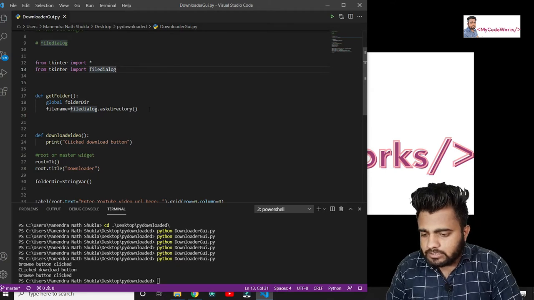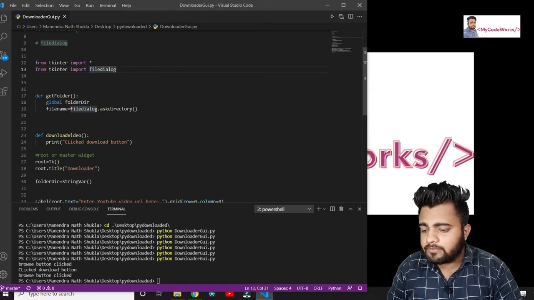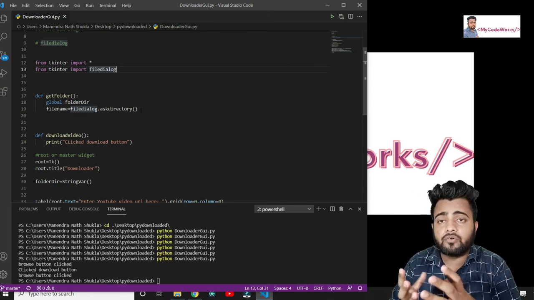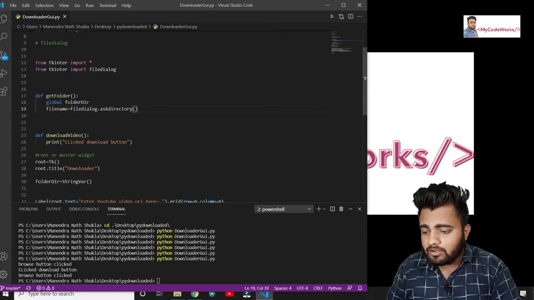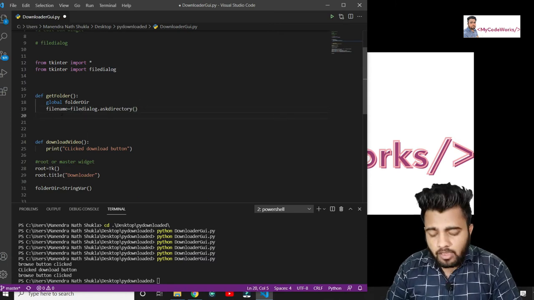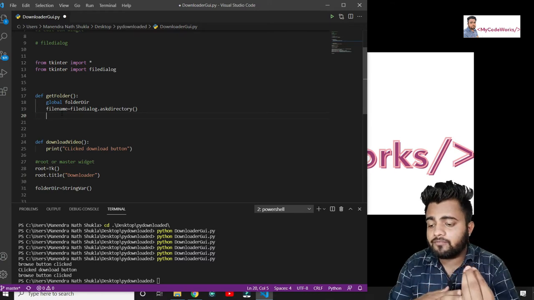We have just written the askdirectory method we have in filedialog. This method basically gives you a pop-up to select the folder you want. After that we are saving it in a file name, and that file name we have to set to the main folder directory.